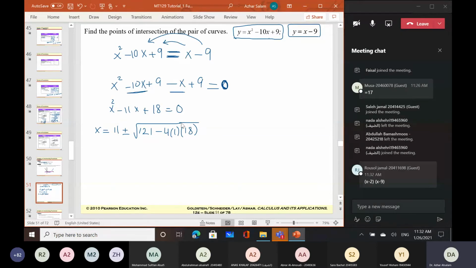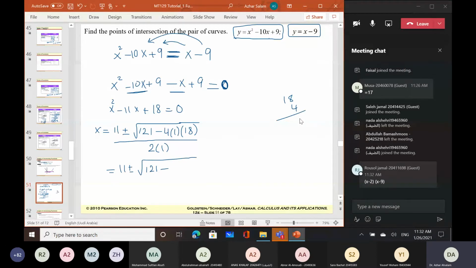It's easier when you have a calculator, right? Divided by 2 multiplied by a, which is 1, equals 11 plus or minus the square root of 121 minus